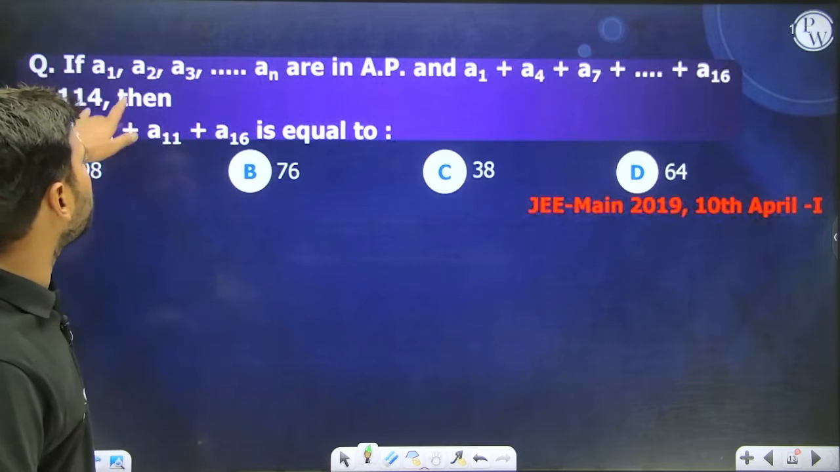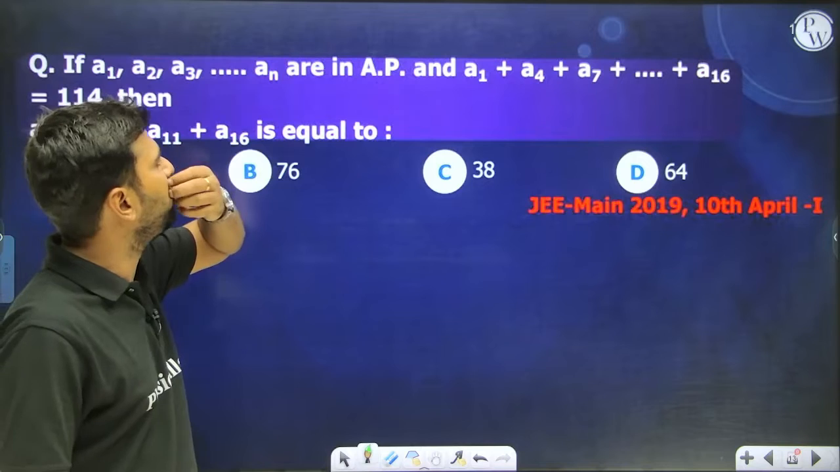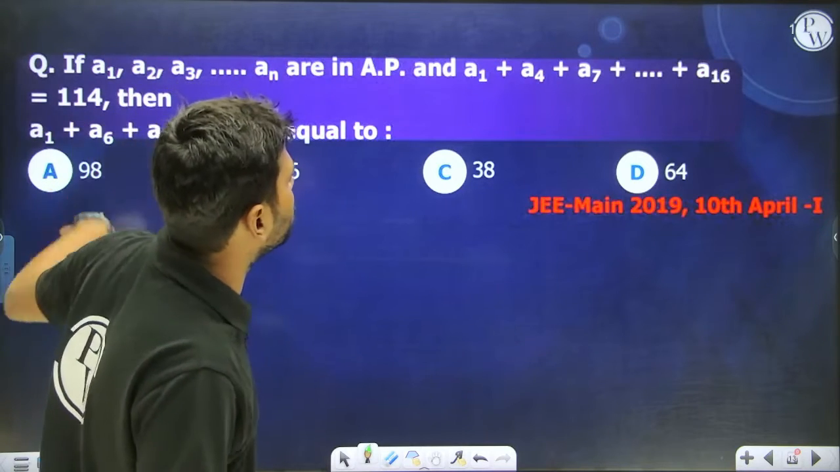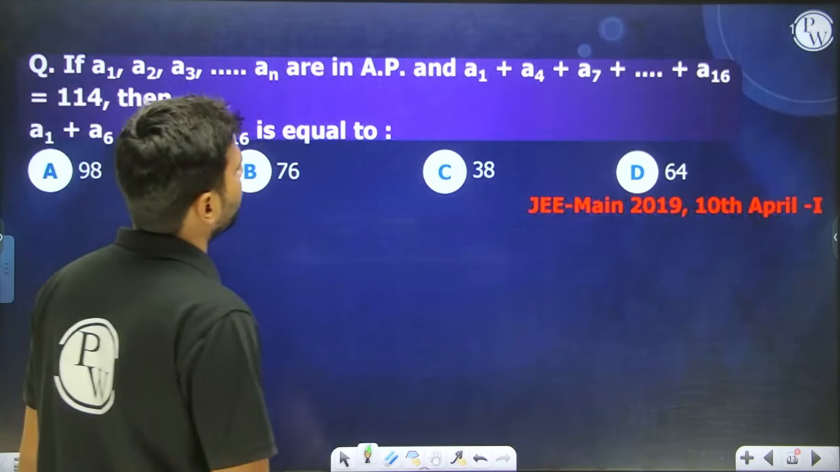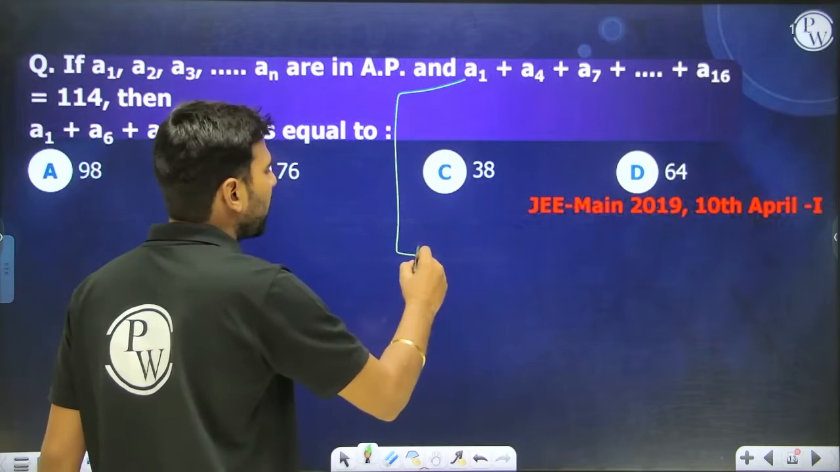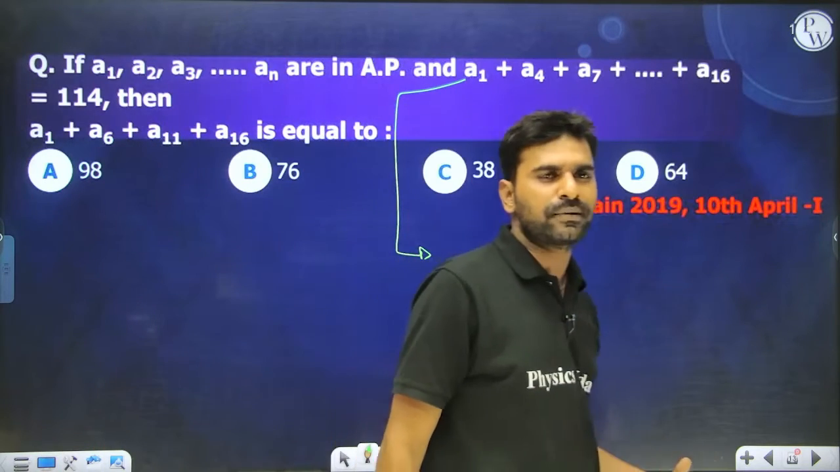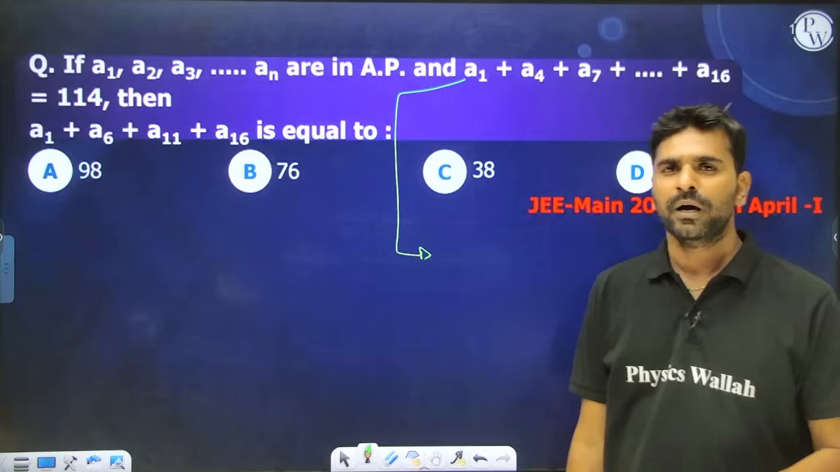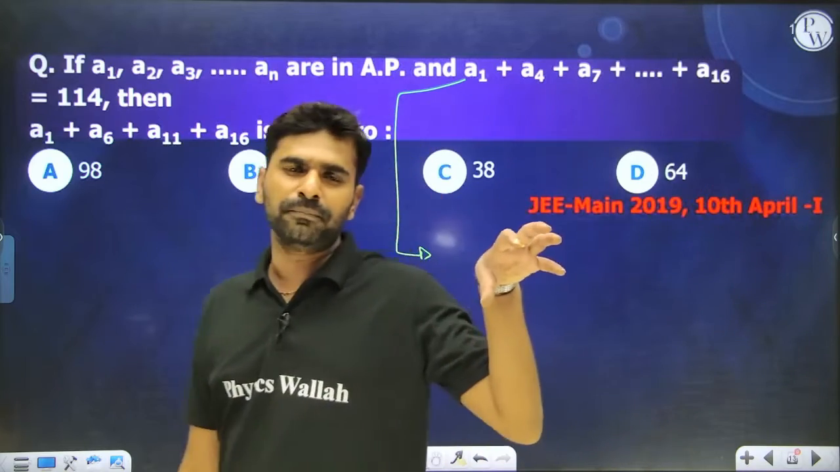Let's do this question. If a1, a2, a3 are a few terms given to me in an AP and the value of this expression is given to me as 114, we have to solve the problem. Now there are other methods as well. I'll tell those methods once I move more into AP, but there's a property of AP that